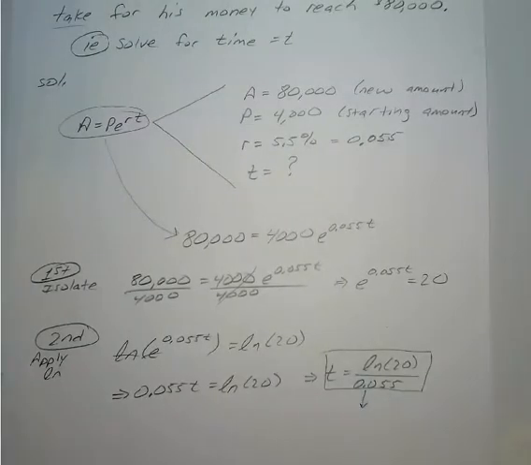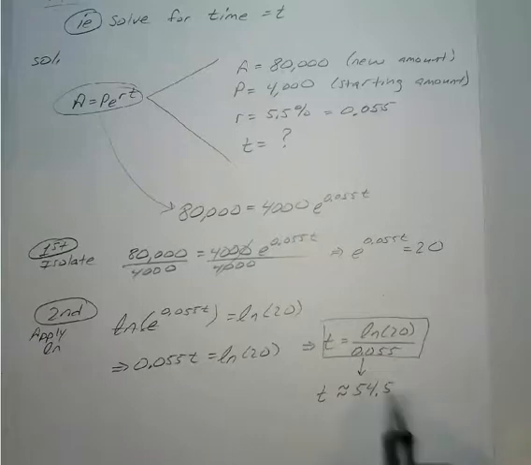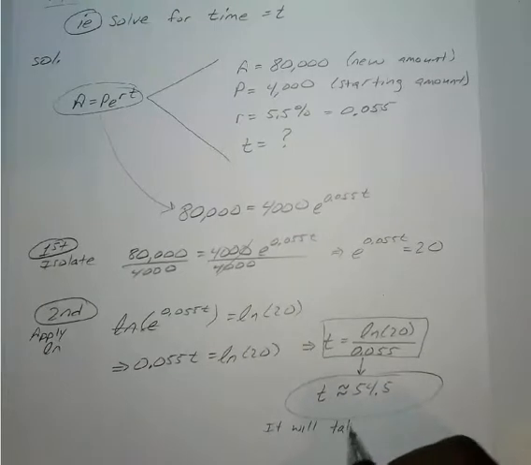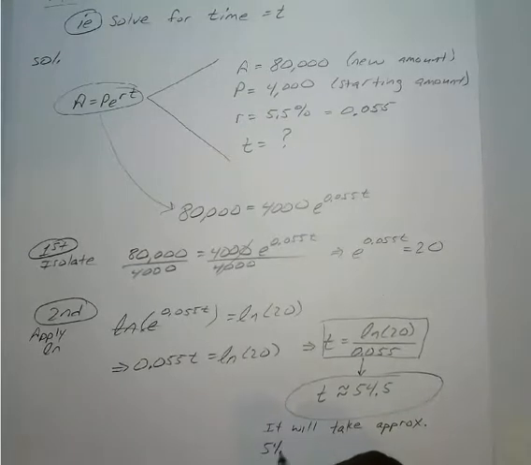But if we plug that into a calculator, then t will be approximately equal to 54.5. Okay, so it will take approximately 54.5 years